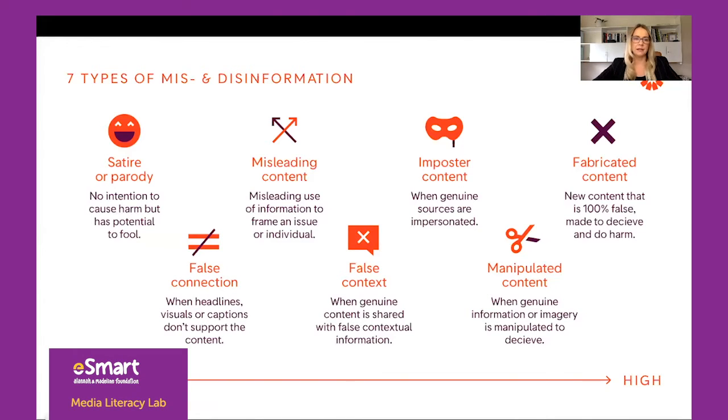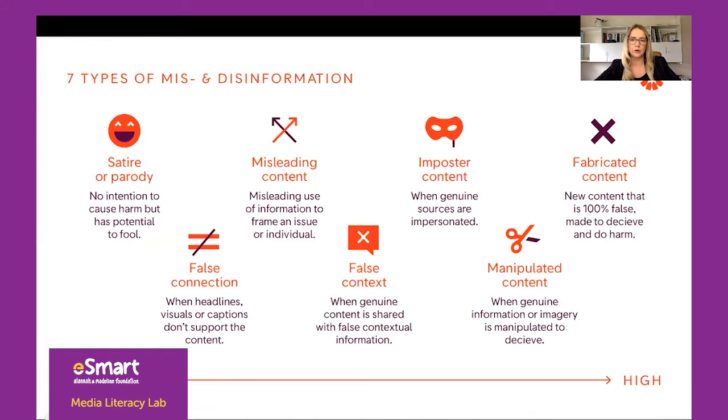So we've divided it into satire and parody. This is not to say that that's a bad thing, because we do need satire and parody to reflect on life. But as I mentioned with misinformation, people might pick up on it and think that it's real. They might not realize that this article from The Onion or the Batuta Advocate is actually written as satire. And you really have to know the news first to be able to appreciate sometimes that satire and the nuances